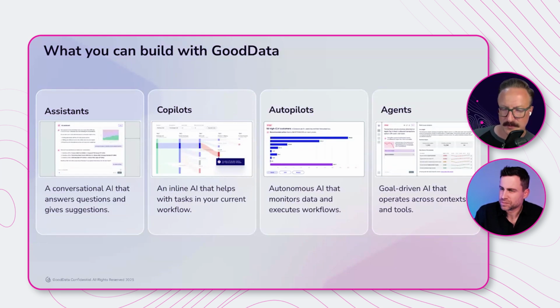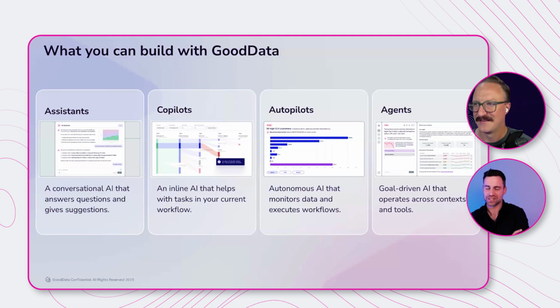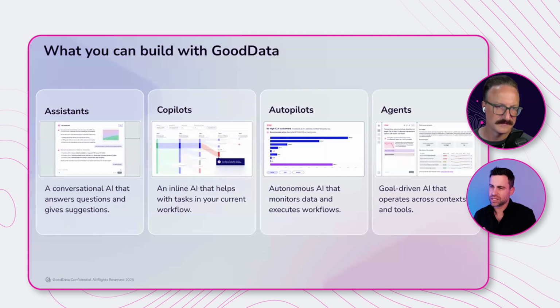And correct me if I'm wrong, Peter, but is the idea here, as you move from left to right, what's increasing is autonomy, right? What's increasing is autonomy. When I talked to one of our distinguished engineers last week, he educated me that even our assistant in the background is an agent, right? Yeah. It's all agents, and it's only about the autonomy and the complexity. So behind each of these different nomenclatures and different types of AI, it's all agents, right?